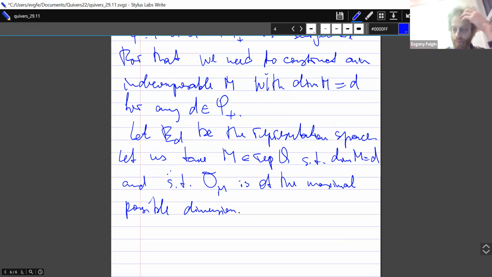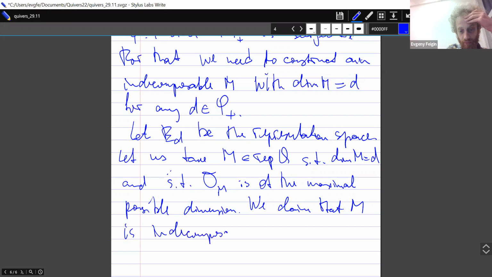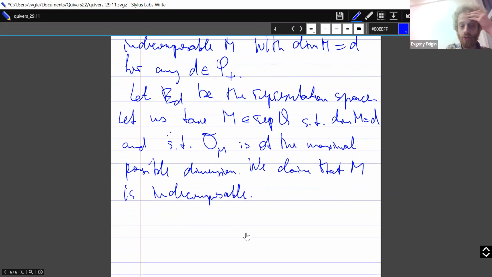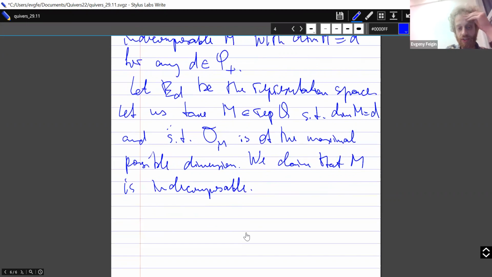Okay, so just take a top dimensional representation. So we claim that M is indecomposable. So let's use here a remark. So just recall that